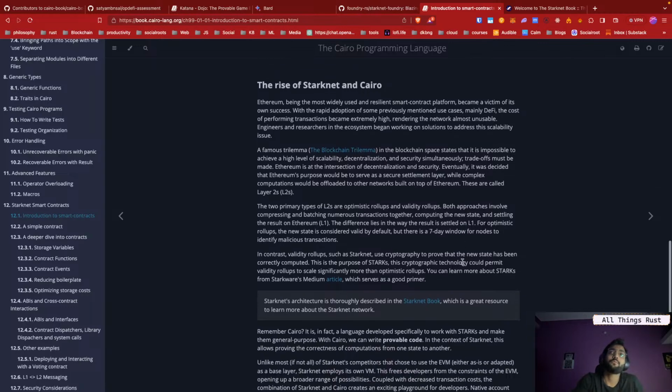The two primary types of layer 2s are optimistic rollups and validity rollups. Both approaches involve compressing and batching numerous transactions together, computing the new state and settling the result on Ethereum. The difference lies in the way the result is settled on L1. For optimistic rollups, a new state is considered valid by default, but there is a 7-day window for nodes to